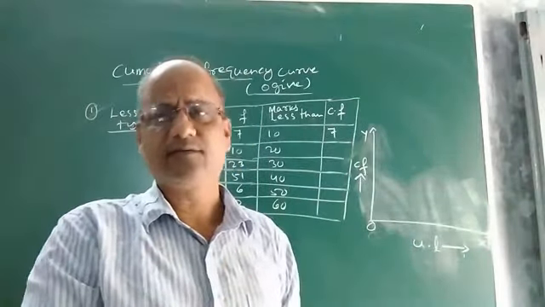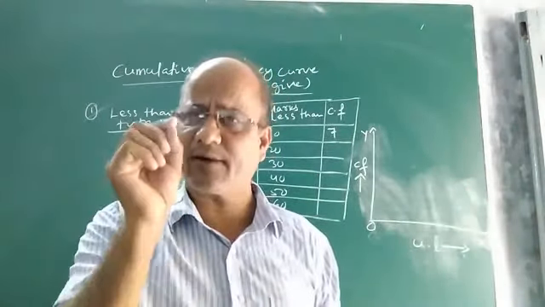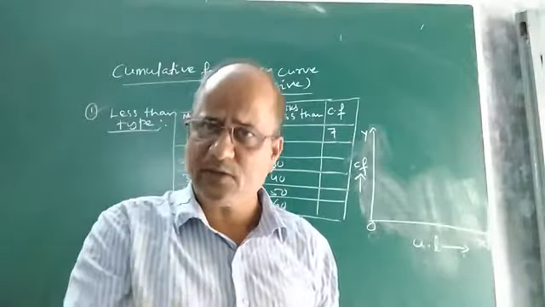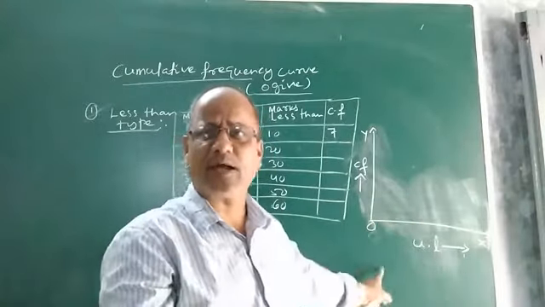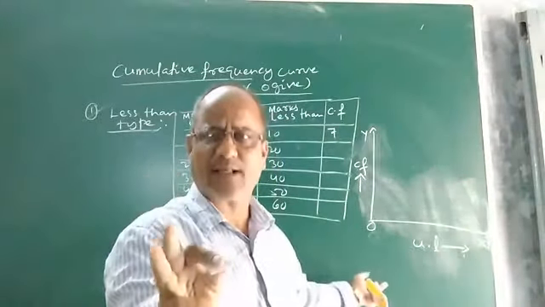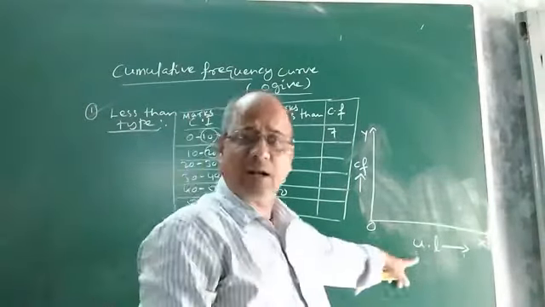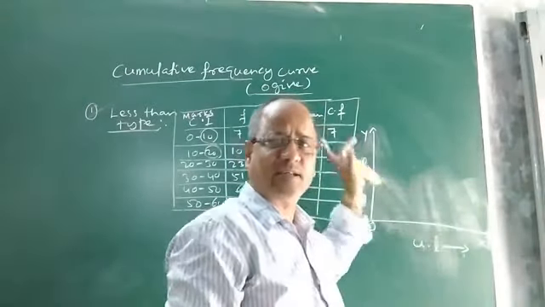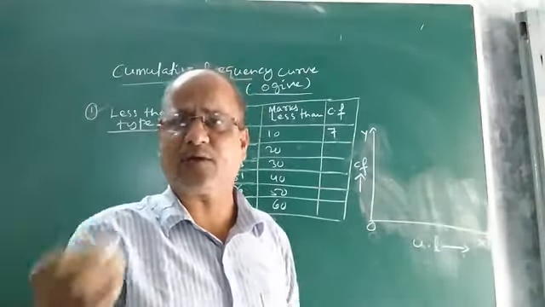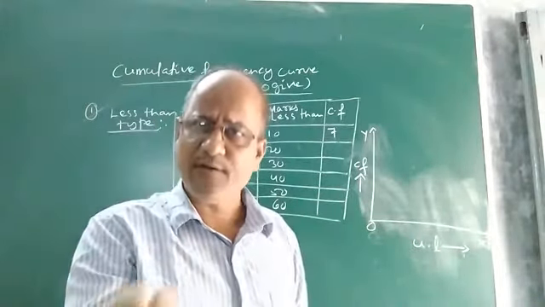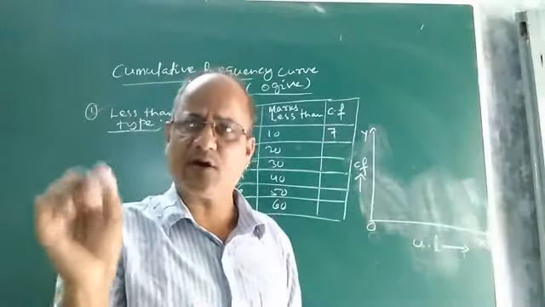Today, children, I hope you understood what a cumulative frequency curve or ogive is. Once again, it is nothing but the graphical representation between the class limits and their corresponding cumulative frequencies. The class limit may be either the upper limit or the lower limit. These are the two class limits of a class interval. If you take the class limits along the x-axis and cumulative frequencies along the y-axis, you will get some points. If you join those points by freehand, you will get a curve, known as the cumulative frequency curve or ogive.